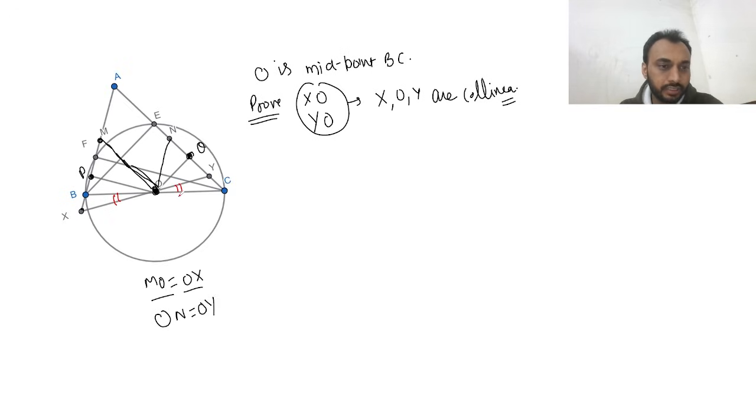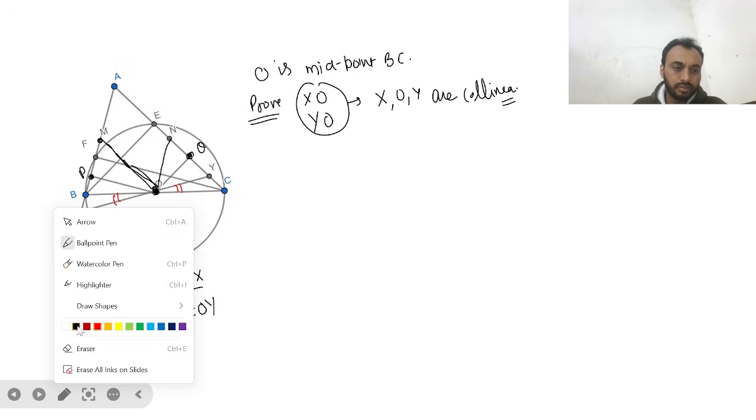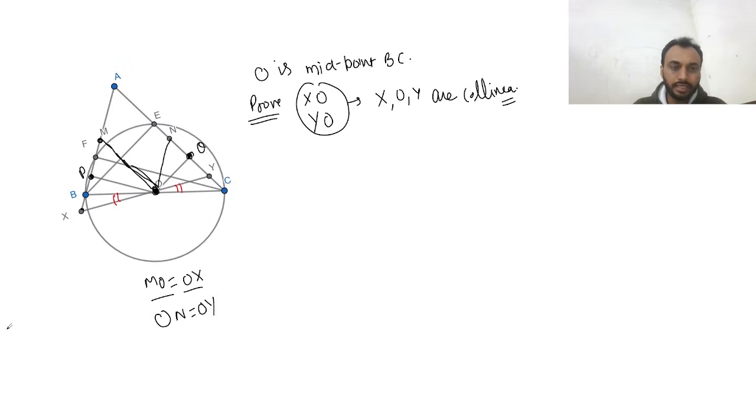I will try to prove that angle BOX is equal to angle COY. That we try to prove, because if they are equal, then by vertically opposite angles the line should be, sorry, it should be a straight line, right? If BOX is equal to COY, because BC is a straight line, that we definitely know, and if OX and OY make the same angle, so we can say that it is a straight line. Now to find out these angles,